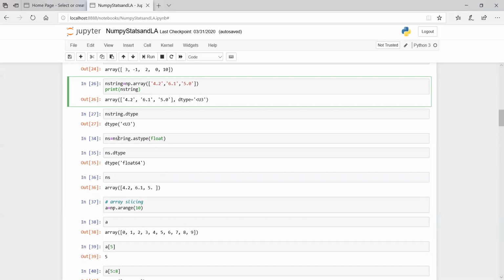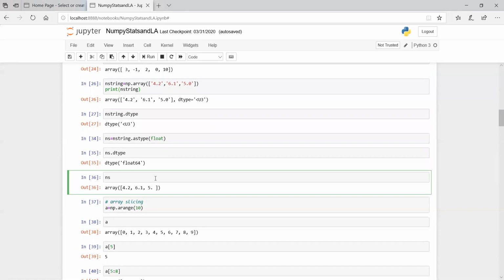Simply write ns, which is the array, dot astype float, and you'll find that all the elements in the newly created ns array will be converted to the float data type. So when you look at this array ns, you'll find that the array has converted the string elements to float64 elements.